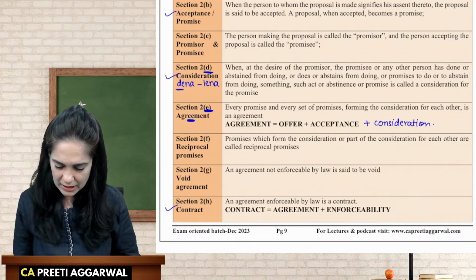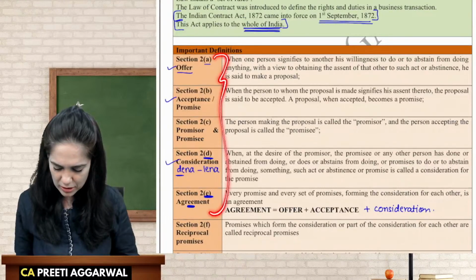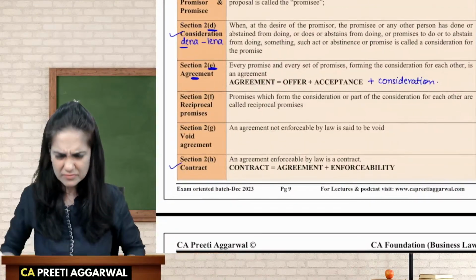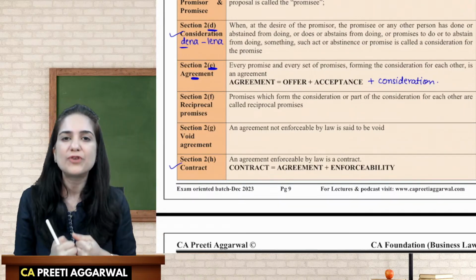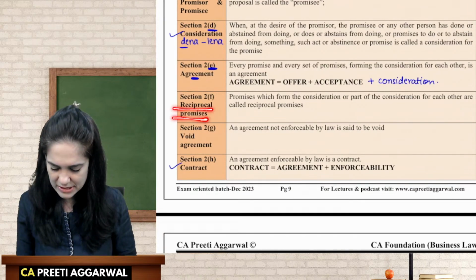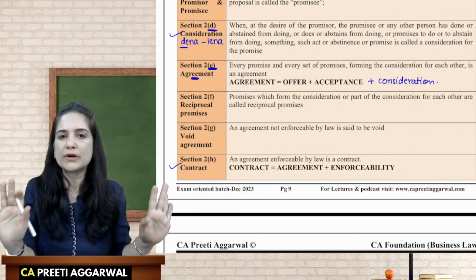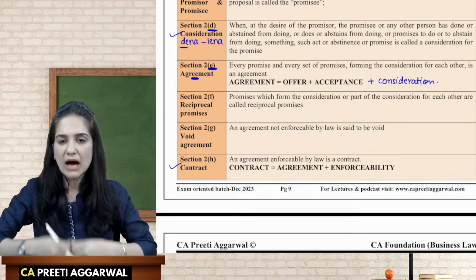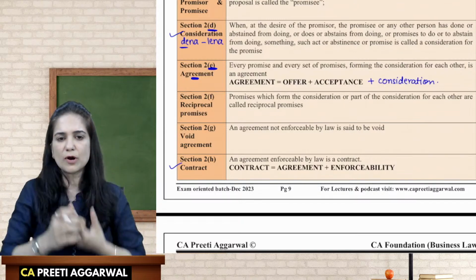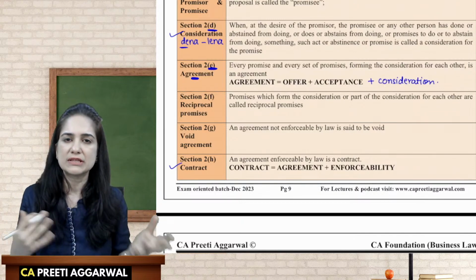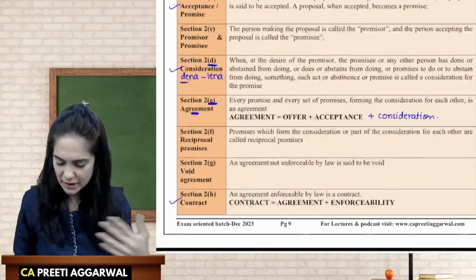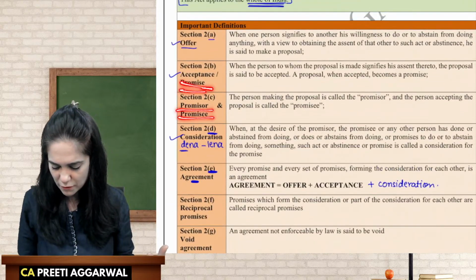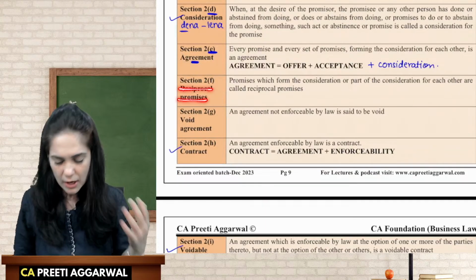Okay, so up till Clause E, we are able to learn in a story format. Now, I gave a promise, I got a promise in return. That makes a reciprocal promise. Not a very important section for exam. I gave a promise, I received a promise in return. This is nothing but a reciprocal promise. Everybody is giving promises to each other. There are a lot of promises. It becomes a reciprocal promise.